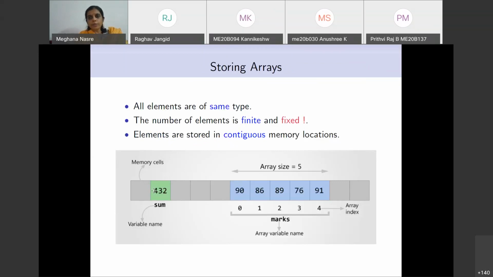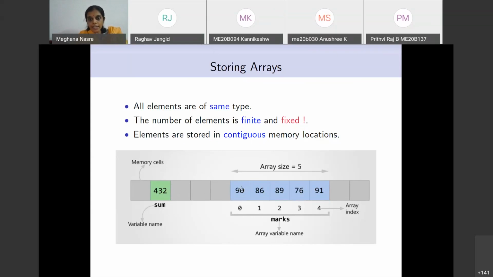So yeah, suppose your program has a variable which is called int sum. I have just given an integer value here, but it could as well be float. So it gets some place in the memory. What I'm trying to say in this picture is that it need not be contiguous with the array. It may be or it may not be. But if you have an array of size 5, which is an integer array, then there are 5 integers that you have defined implicitly.